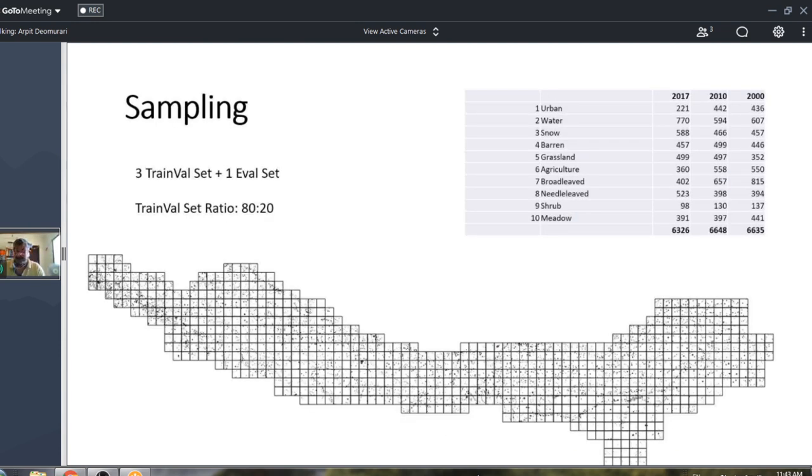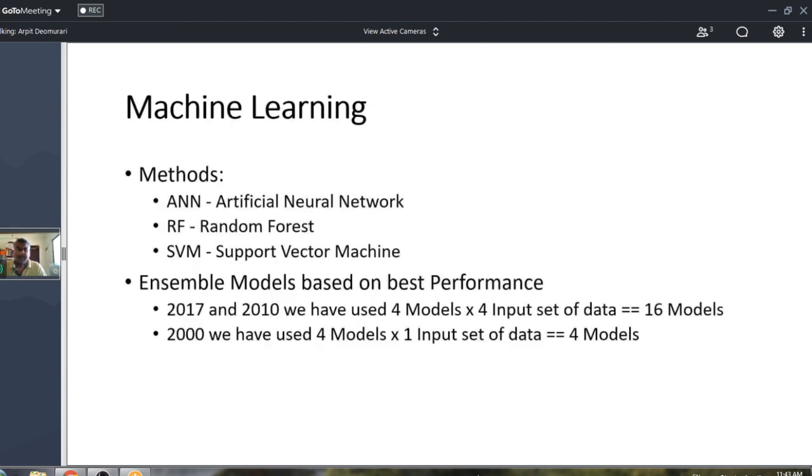And this is sampling, where I took all the labeling classes and divided them into 4 different sets, each with training and validation and one independent evaluation stage. I used artificial neural network, random forest, SVM, and more of an ensemble, meaning I chose the best model out of 3 for each year and merged them into one.